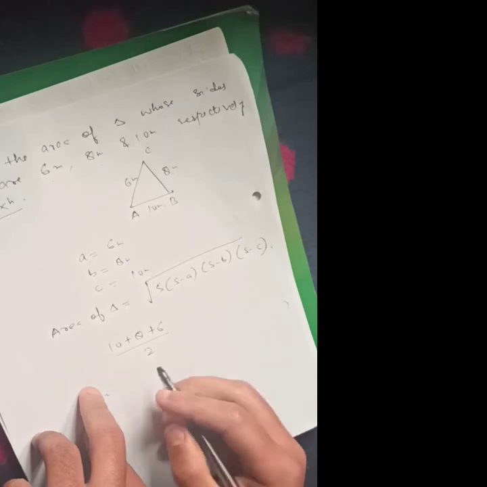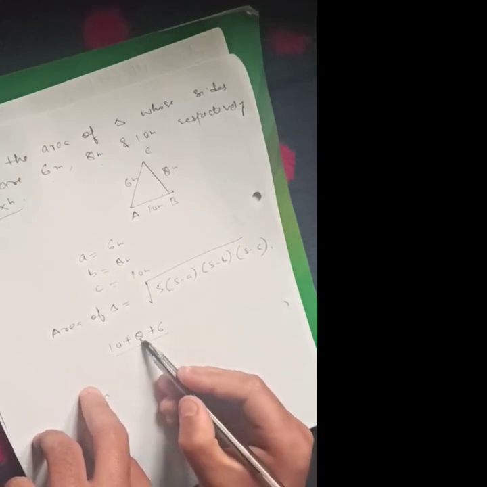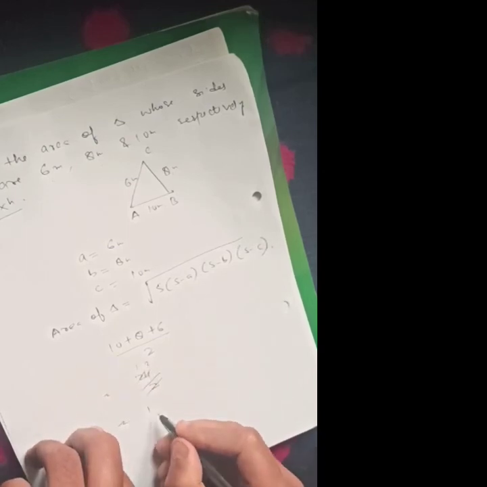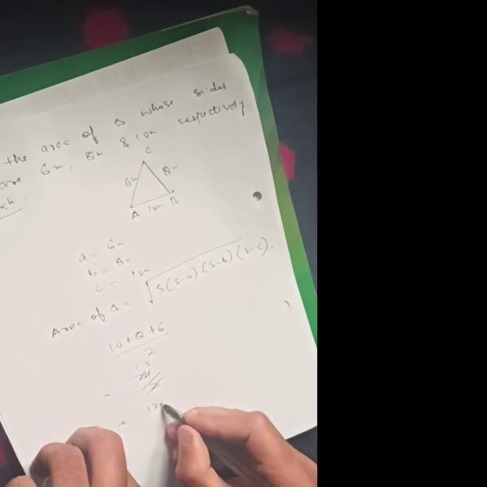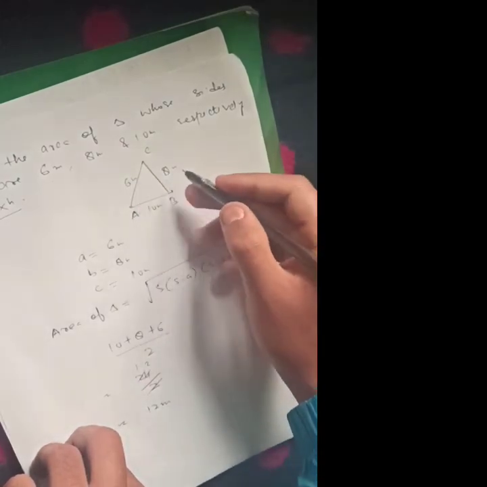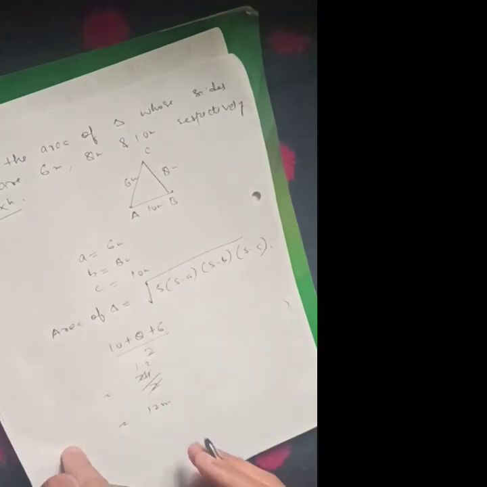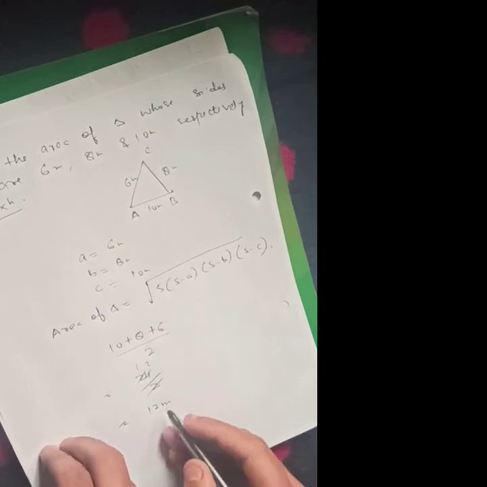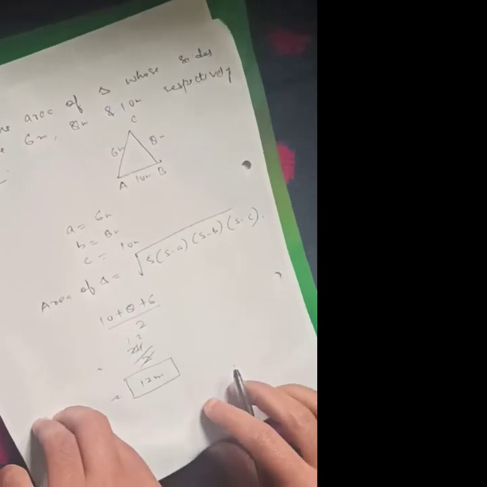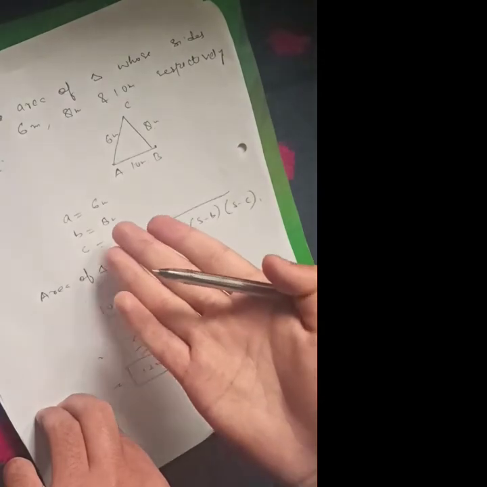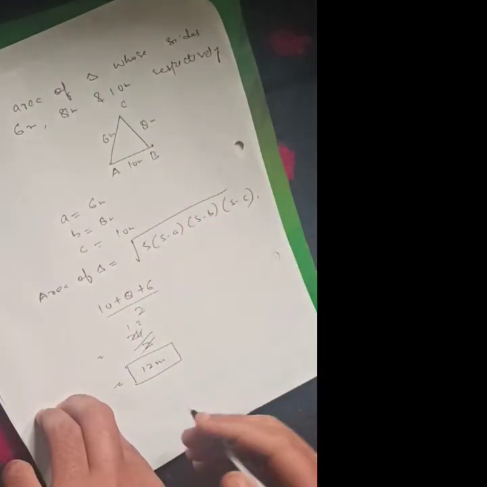So this will become 10 plus 8 will become 18, 18 plus 6 will become 24, 24 by 2, 2 1s are, 2 2s are 20, it will come out to be 12 meter. As lengths are given in meters, so perimeter will also be given in meter, as I have already taught you that the unit of perimeter is meter or centimeter if sides are given in centimeter. So this is the semi perimeter of the triangle. So you know that's S. You also know the A, B, C. Substitute the value of A, B, C and S in the Heron's formula. We will get the area of triangle easily.